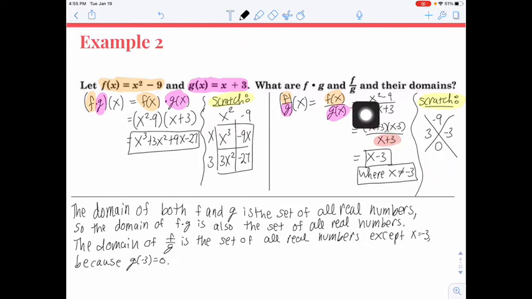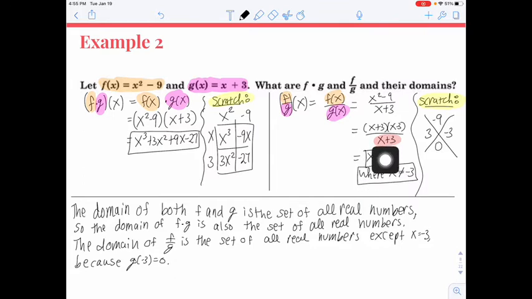Since we just have a 1 as our coefficient for x squared, you don't need the box, you can just do the x. And a times c will give us negative 9. We're missing our b, so that is 0. 3 minus 3 is 0. 3 times negative 3 gives us negative 9. So x squared minus 9 becomes x plus 3 times x minus 3 all over x plus 3. We can simplify x plus 3 over x plus 3 to become 1, and we're left with just x minus